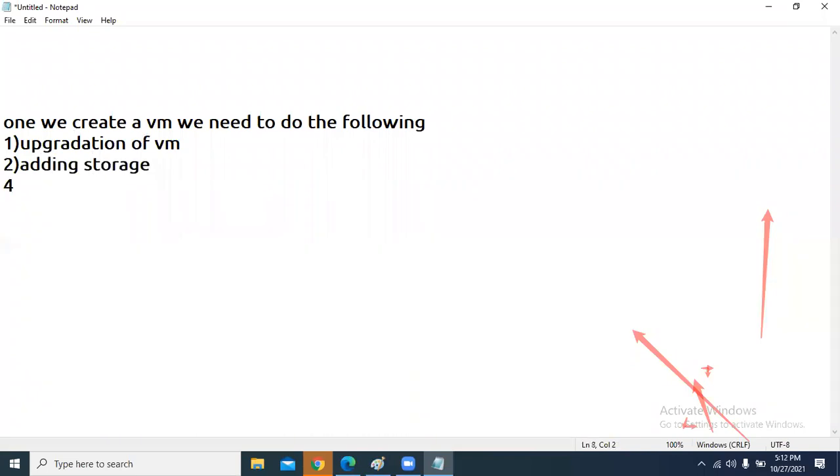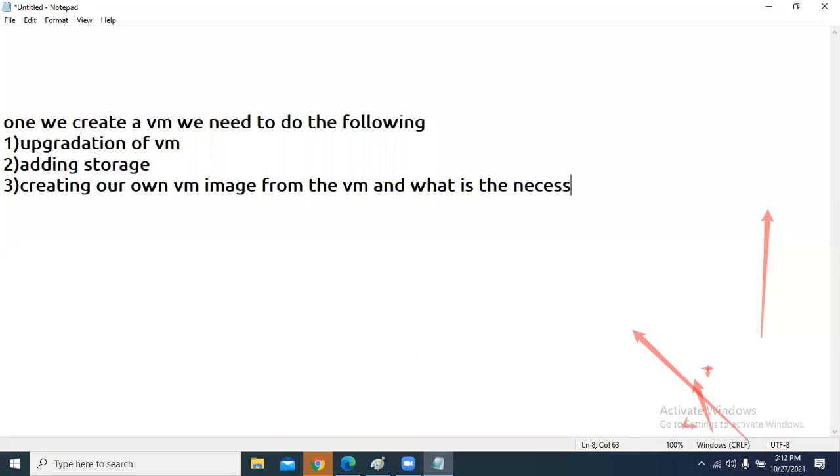Third, from the virtual machine, how we can create our own image, a VM image from the VM. And what is the necessity of creating our own image?